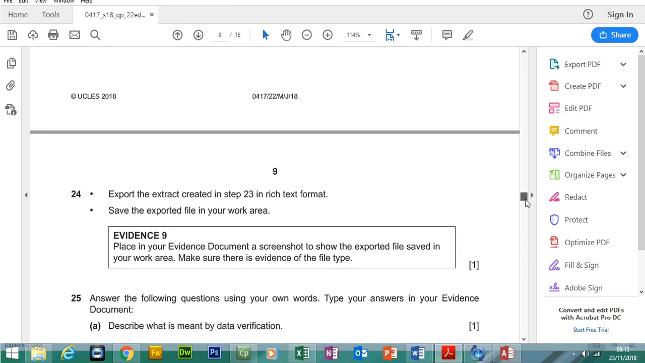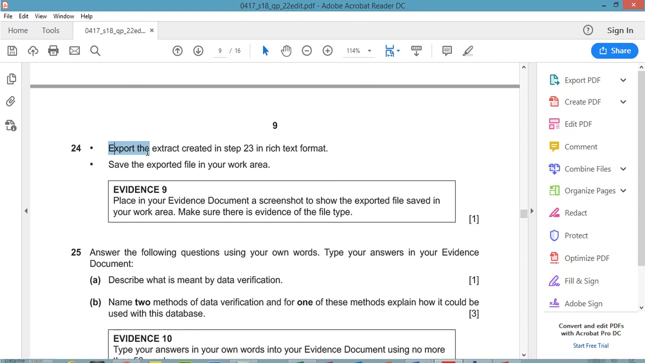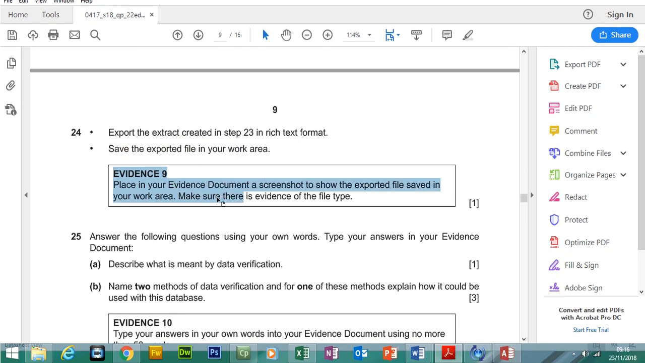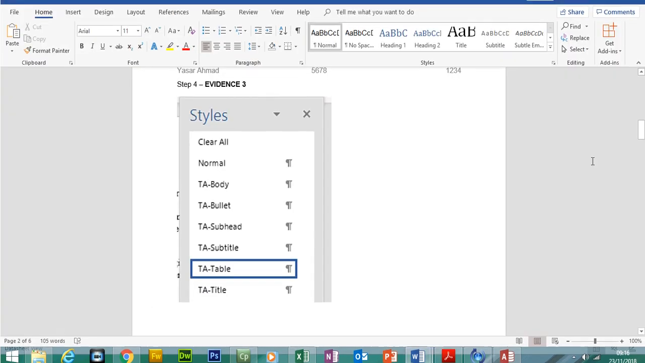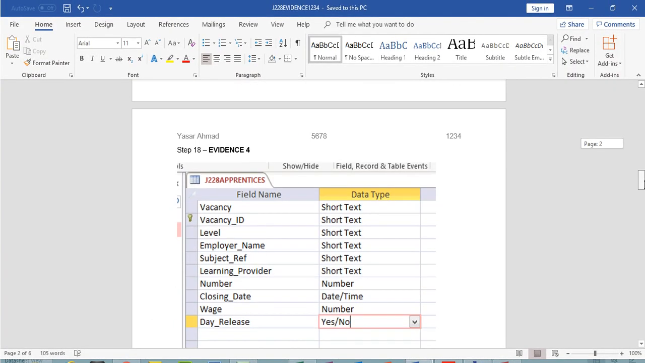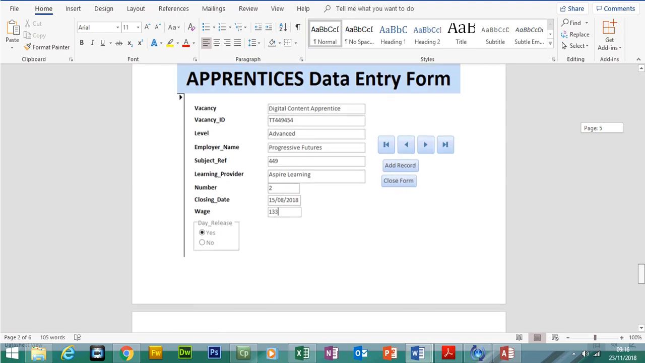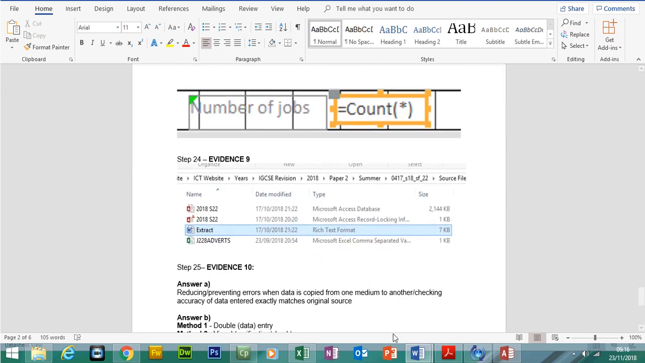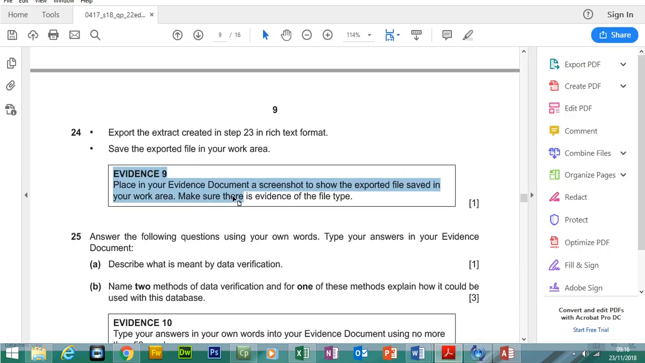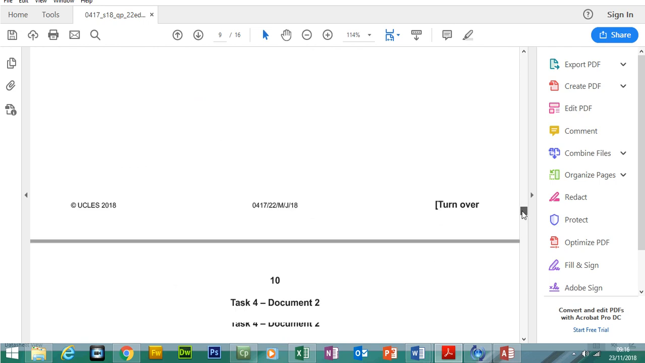So if I go back to the Word question, export the extract created in step 23, save the exported file into your work area, and then place this into your evidence document. So for evidence 9, if I go to my evidence document, like I mentioned before, I've done the database before, so you can see the evidence is already complete for the database. In evidence 9, you can see the extract has been saved as an RTF file. So place in the evidence document a screenshot to show the exported file saved into your work area. Make sure there's evidence of the file type. Okay, so if I keep going,